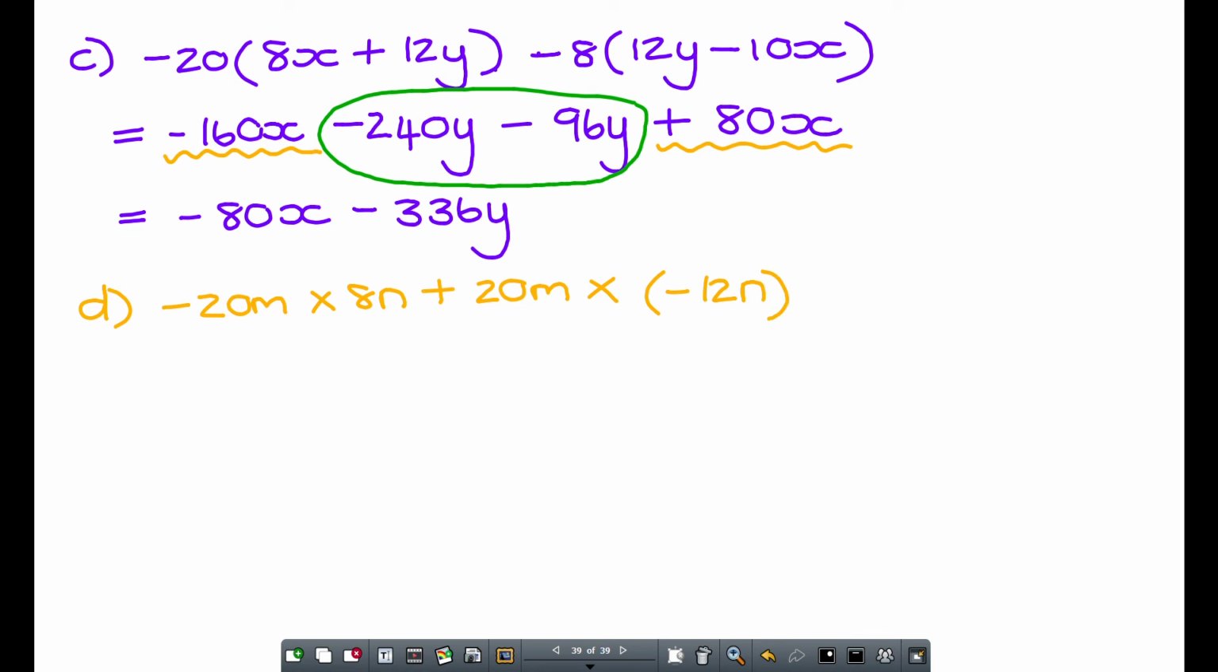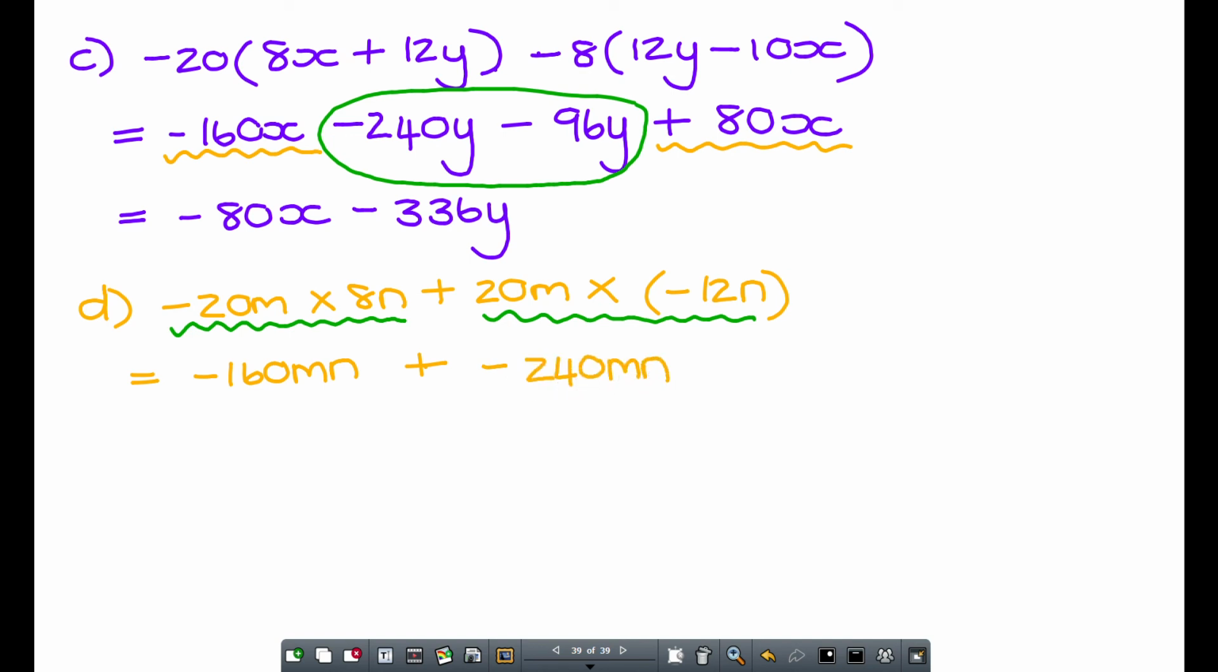All right, so over here, I first had to go and multiply these first two terms with each other, and then multiply the last two terms with each other, and then I can go and add them. So minus 20m times 8n gives me minus 160mn plus 20m times minus 12m, is going to give me minus